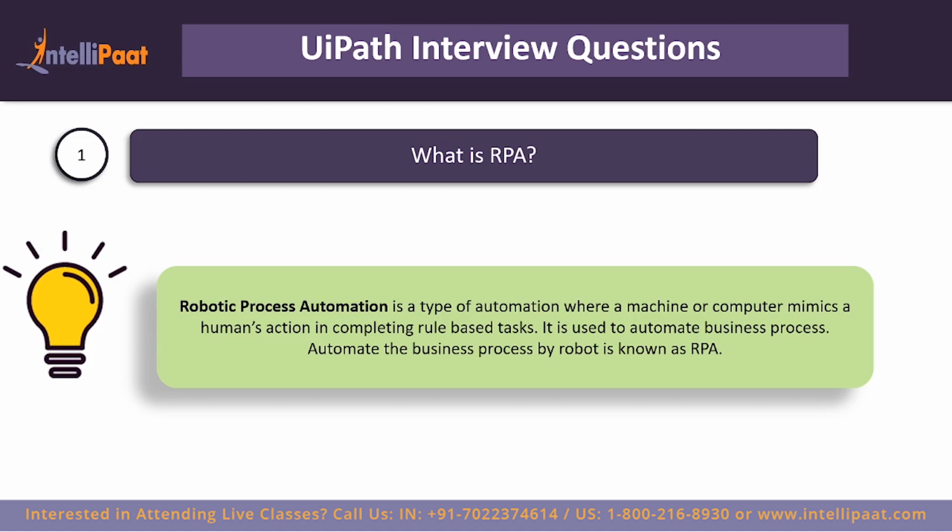Or you can go about saying that RPA is made up of three terms, which are robotic, process, and automation. Now, robotic means anything that is done by a robot. Process is a set of sequential actions or sequential logic which leads to a desired result, and automation stands for anything which is done without human intervention. So in a nutshell, RPA stands for those actions which are done by robots, where they follow a set of logical standard procedures or steps in order to do some tasks without human intervention in it. That is basically what RPA is. Let's get into the next question.